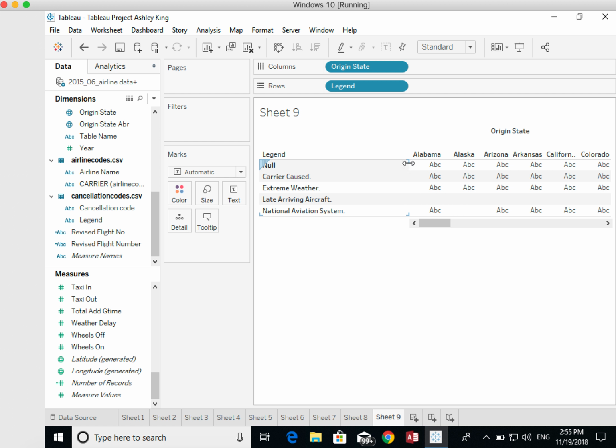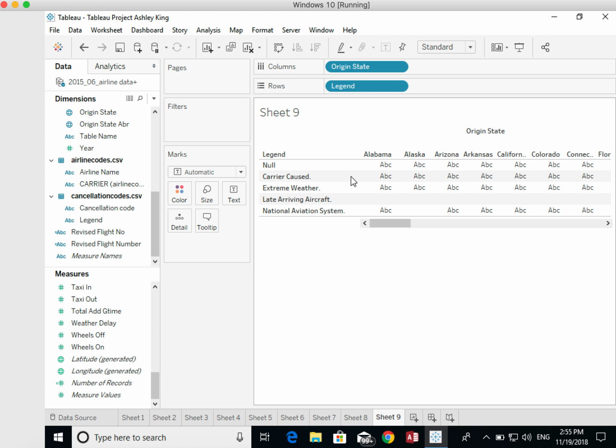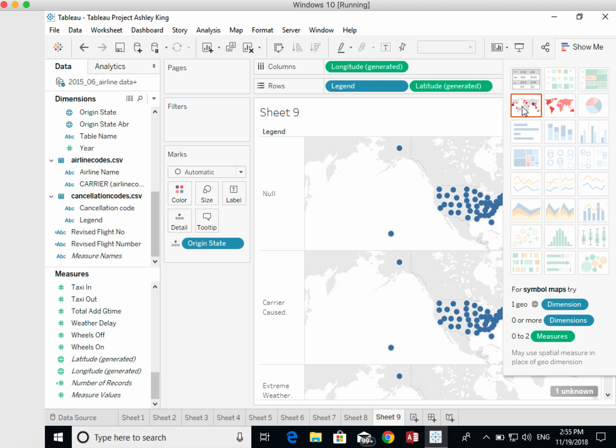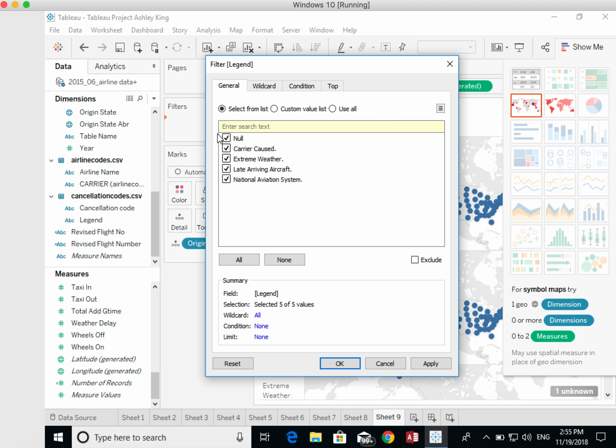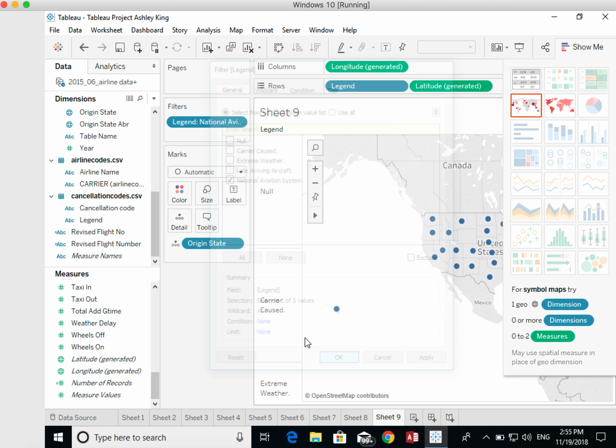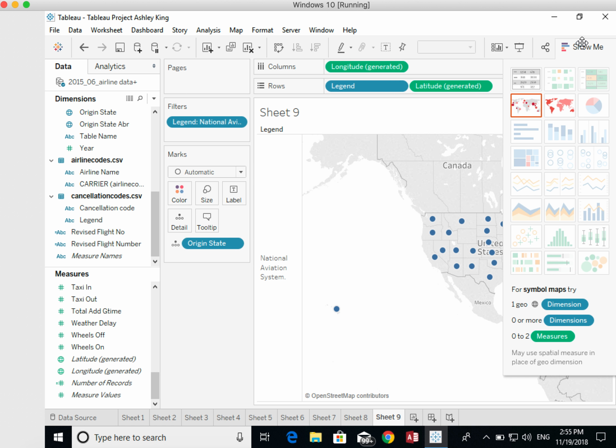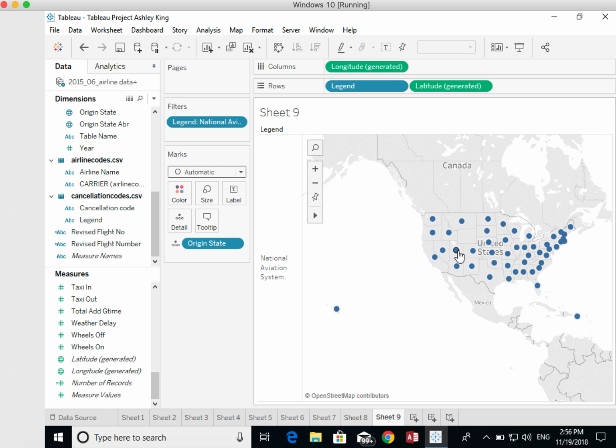So we're going to look for these security delays, so National Aviation System delays. In order to do that, we first want to find our map. So we're going to click on map. And then we get all of these different things. So what do we need to do? We, of course, need to filter our legend. Grab legend and drag it to filter, and you're going to say, which ones do you want? I want National Aviation System security delays, and then it will create my map for me